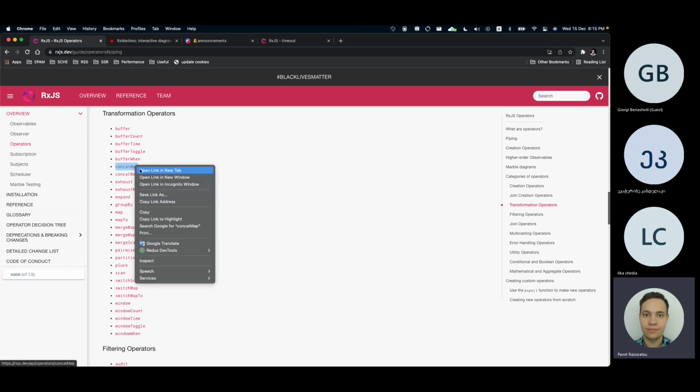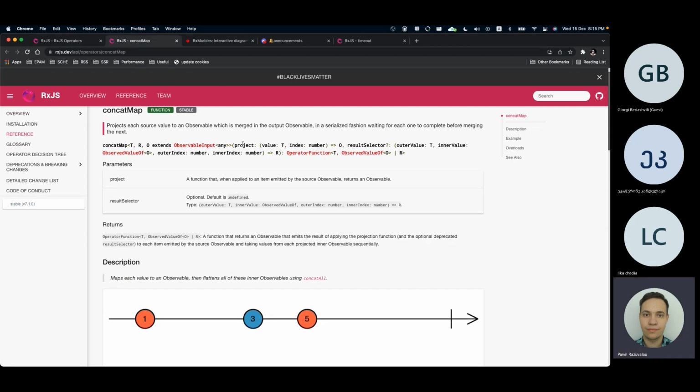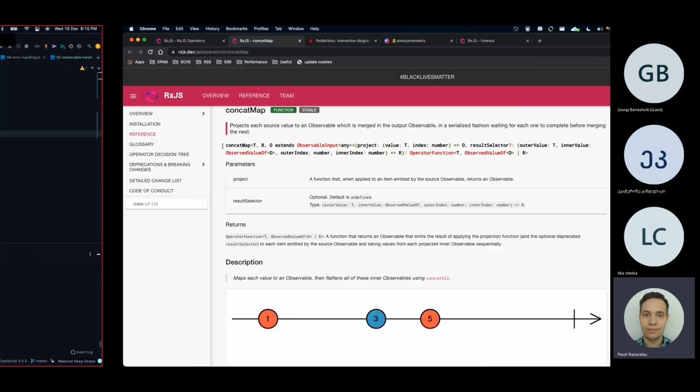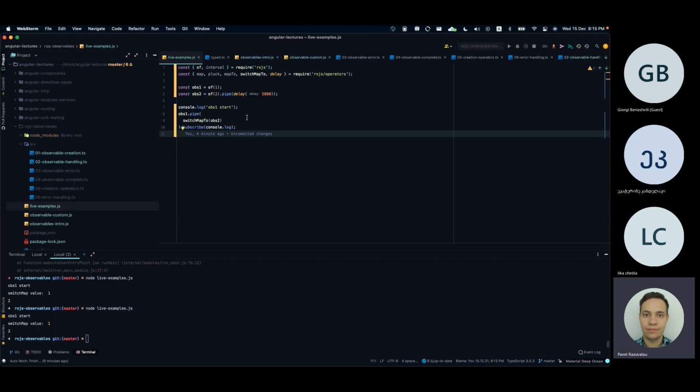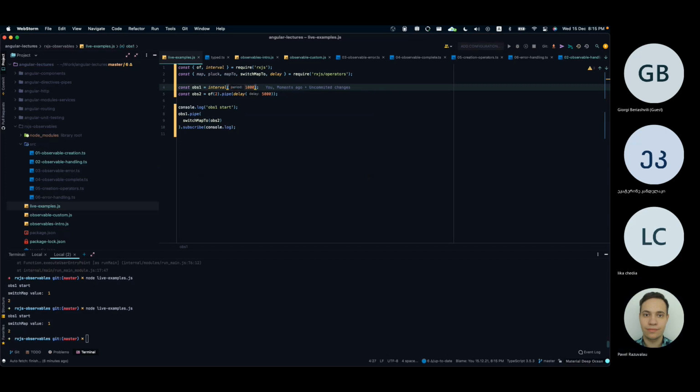Concat map. Project its source to the observable, which is merged in the input observable. Okay. Let's assume that we are clicking the button each 1 second, and this button will trigger the request to the backend. So if we do the switch map,